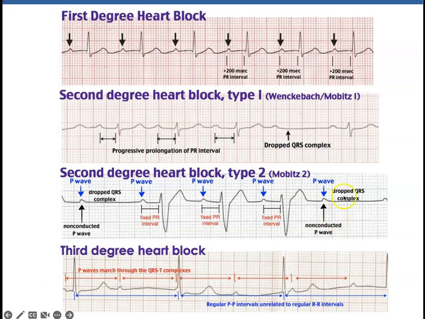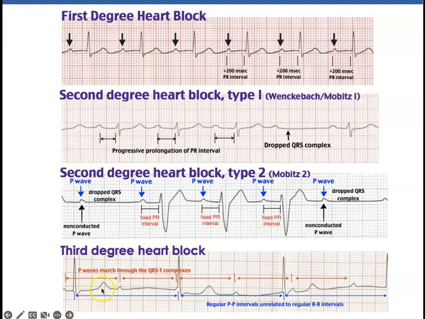So the difference between a second degree type 1 and a second degree type 2 is that in the second degree type 1, the PR interval gets progressively longer, and then you drop off. In the second degree heart block type 2, the PR interval is fixed, it doesn't change, but you eventually will drop off a QRS. And then here where you have the third degree heart block, now what's happening is you